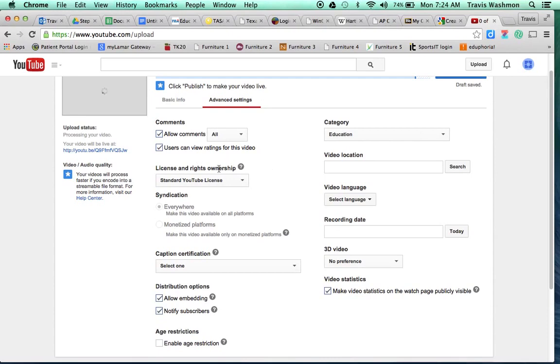So first of all, license and rights ownership. This is really important for us because I want you guys to get used to using Creative Commons licenses. So I want you to click the drop down box there, and I want you to click on Creative Commons Attribution. Alright? That's basically going to allow your work to be included in the Creative Commons,